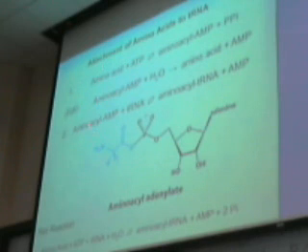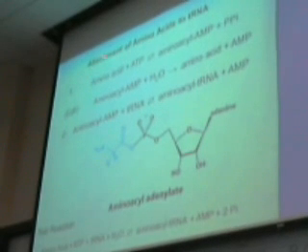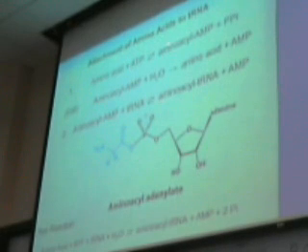It's basically a two-step process with an editing step or a proofreading step in the middle here. We first take the amino acid, react it with ATP, and make an amino acid AMP activated molecule. We're using the energy of ATP to form this high energy bond between the amino acid and AMP. This is a picture of the structure down here. Here's the amino acid. We've activated it by forming this phosphoester linkage that we see here to the AMP molecule,